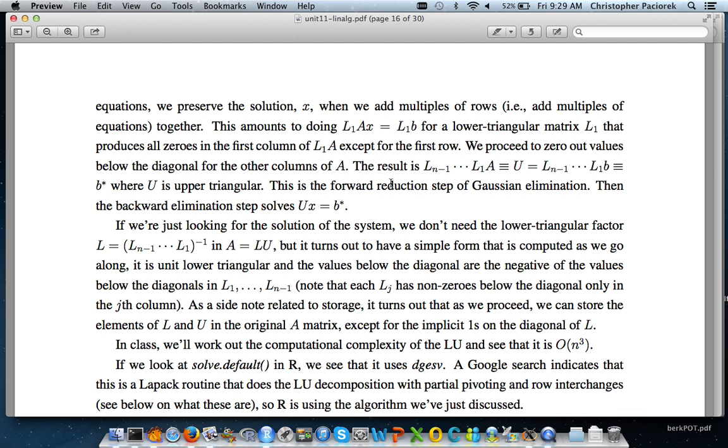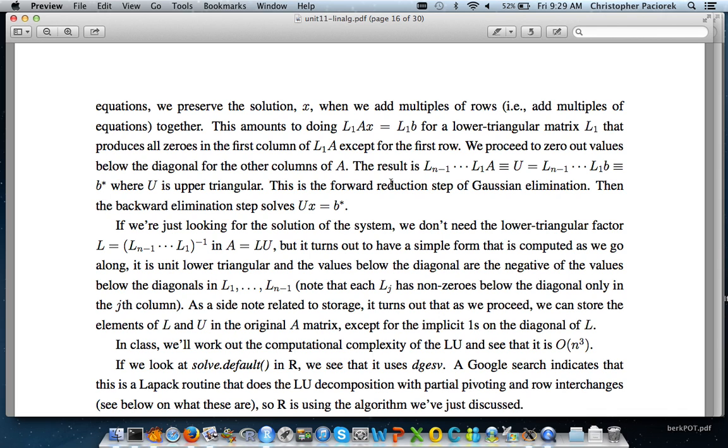Okay, so if we let C1 be equal to minus A21 over A11, and if we let C2 be equal to 1, if you just work through the arithmetic, you'll see that that will indeed zero out A21. Okay, so I'm going to replace the second equation with the result of doing this,